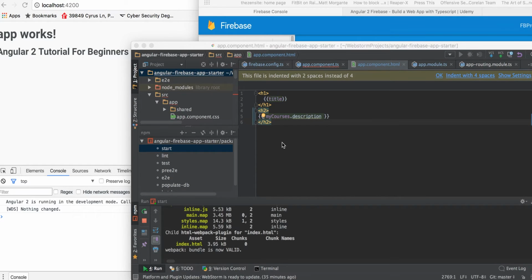Done a video in a while. I thought I would do one on something I've been learning lately. I decided I was going to pick up the Angular 2 framework, and in doing this I came across something